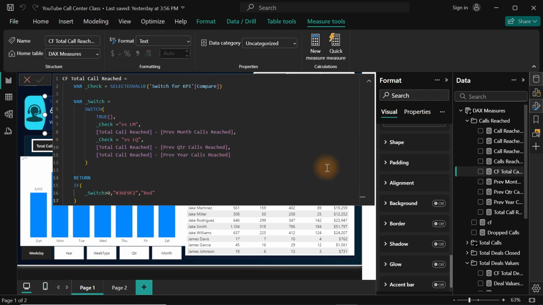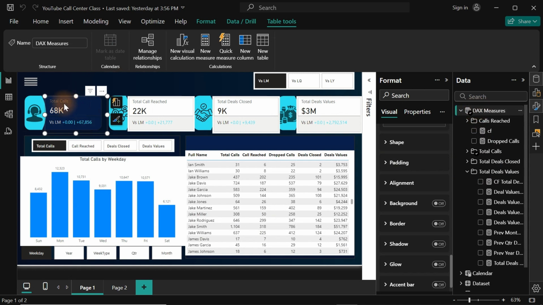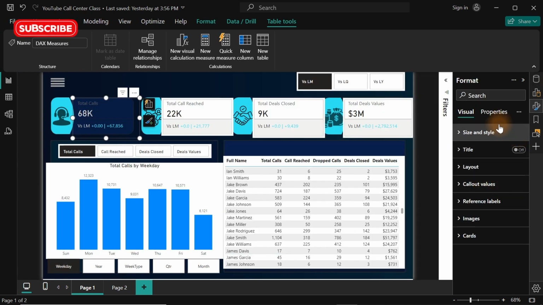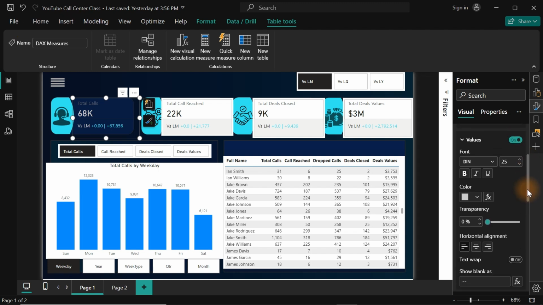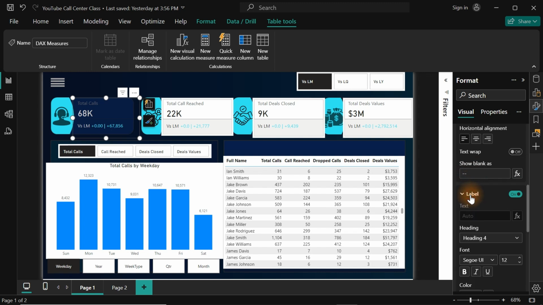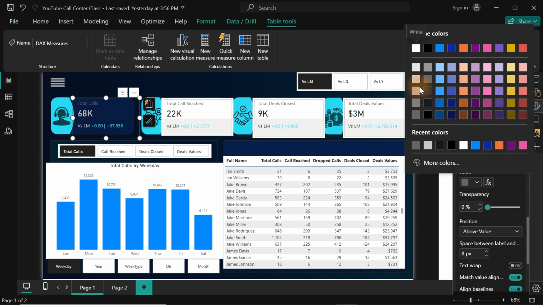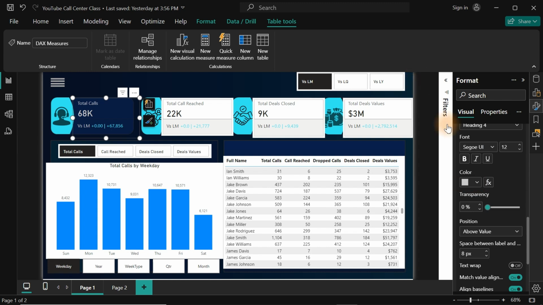Let's go back and actually see how we can get the correct formatting for our background, also our cards. So now what we need to do is to update the total calls right here and make it pop. So we go to this particular callout value and scroll down here until you see label. Then open the label up. Once you have it opened up, come over here and choose the color you really want to have for it. So not something very